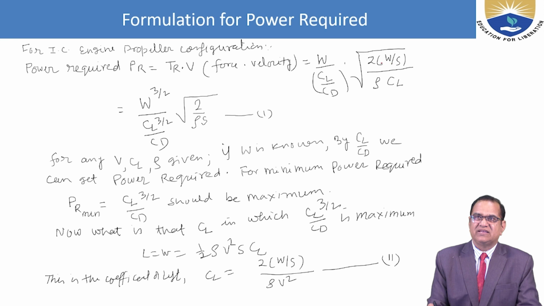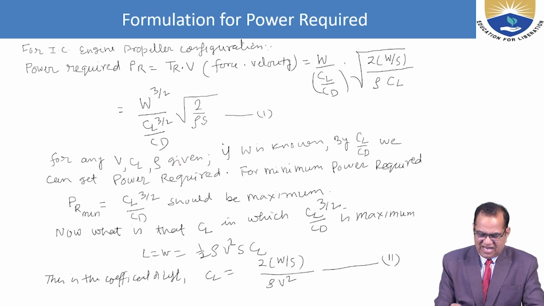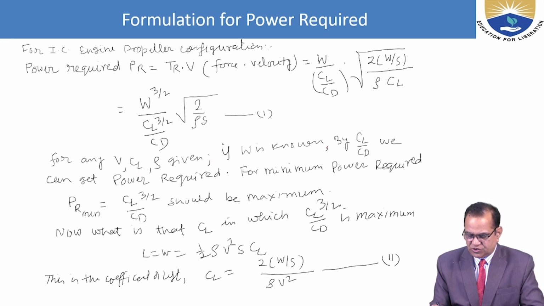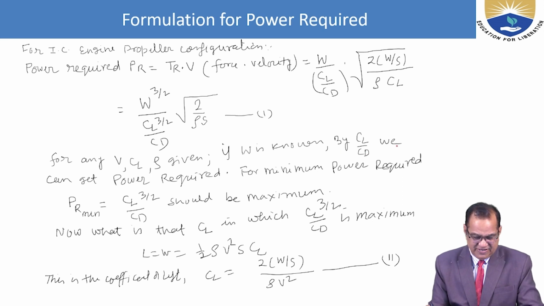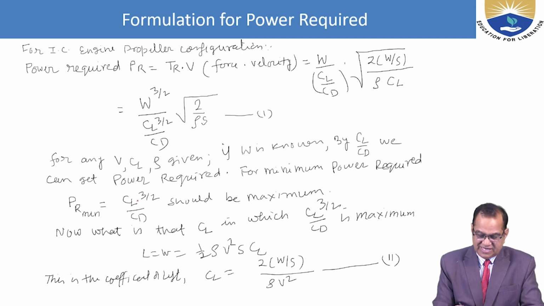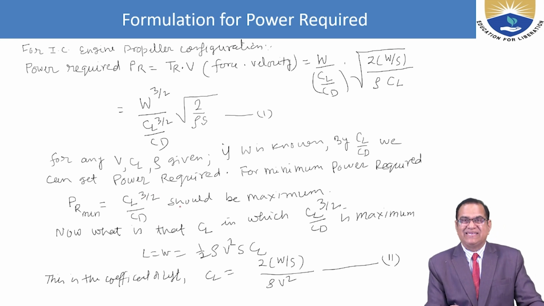If we club it, we will get W to the power 3 by 2, CL to the power 3 by 2 by CD, under root 2 by rho S. For any V, CL and rho given, if W is known by CL by CD, we can get the power required. For a minimum power required, PR minimum, CL to the power 3 by 2 by CD should be